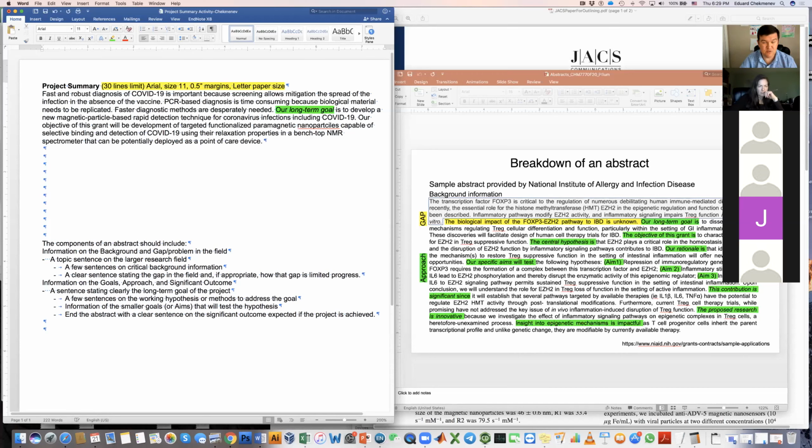So what I'm trying to do here is to really excite the potential reviewer that this is something that can be potentially deployed to the clinic, hopefully within the scope of the specific aims of this application. So our objective here, I would really like to highlight that. And again, feel free to chime in. I might not be able to see your comments now, but I'm sure Mary Kay will give me a heads up. Yeah, if you guys have suggestions on the different experiments you would want to do,